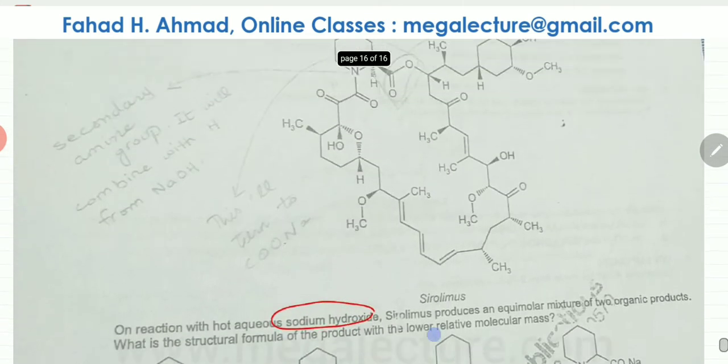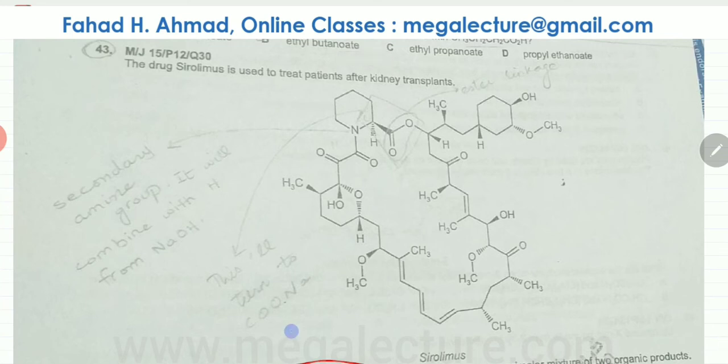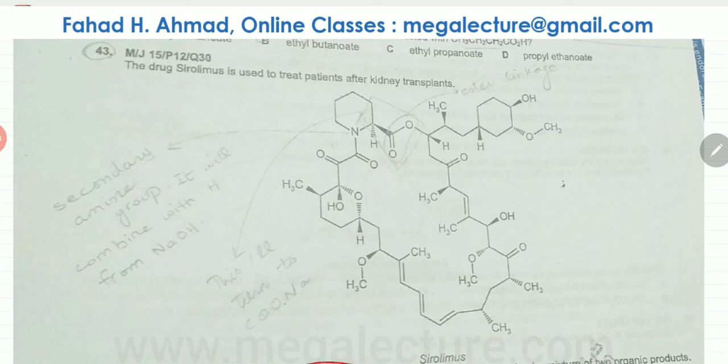So if you come back and have a look at this molecule and you're heating it with dilute alkali, let me zoom in. Now you would have to look very, very carefully and specifically look at this point over here. This is carbon next to an oxygen, so I'm trying to highlight that, and there's a double bond O. So this is an ester link. This ester link would break over here. And then you're going to see an amide link as well. Look carefully, there's an N, and then there's this C double bond O. So that's an amide link. The amide link would break as well. So there are two parts where the molecule would break, the ester link and this amide link.